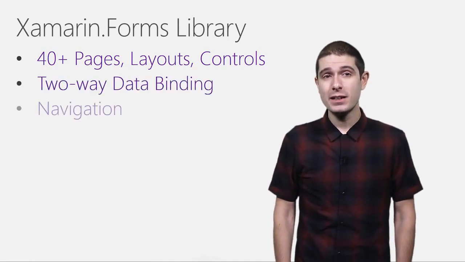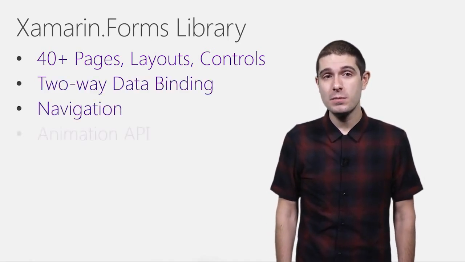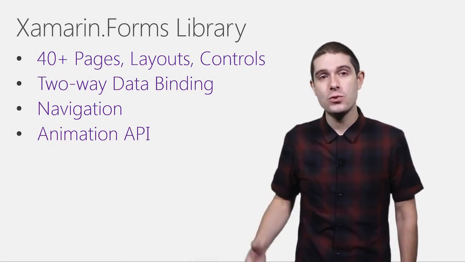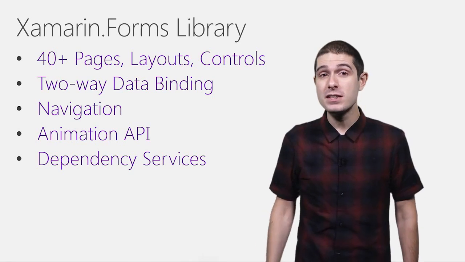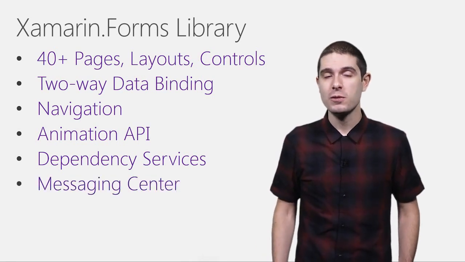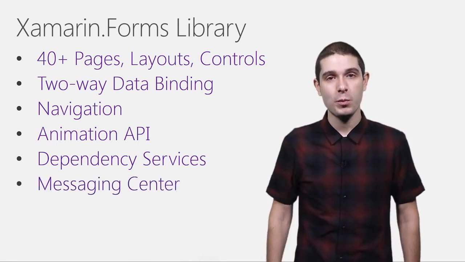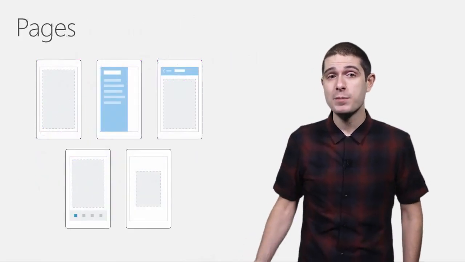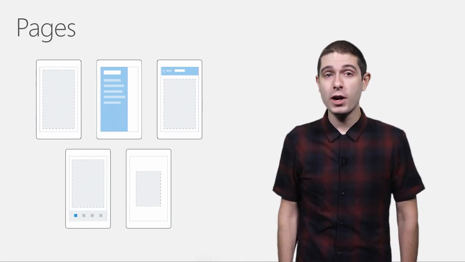With two-way data binding, a cross-platform navigation system, an animation API that uses the underlying Core Animation and Android animation systems, a dependency service, and of course a messaging center, all the tools you need to get started with mobile development. There's plenty of pages such as navigation, tabs, and carousels to get you off the ground running, and